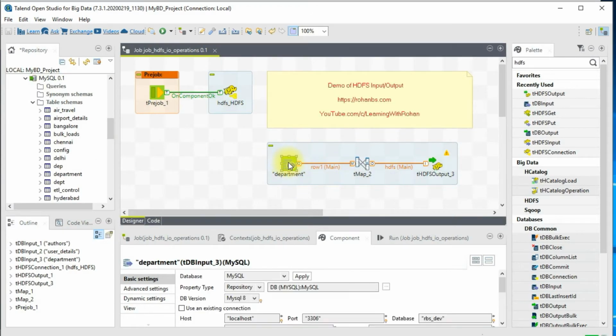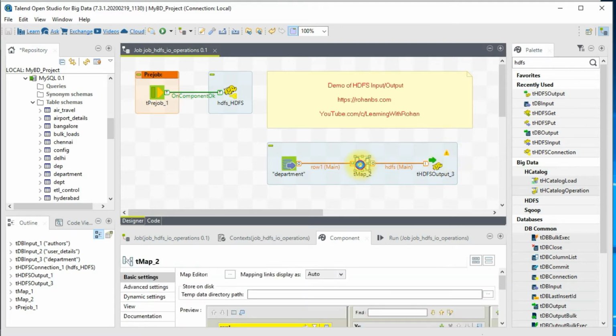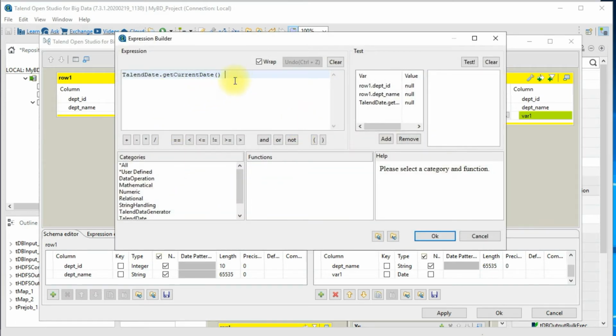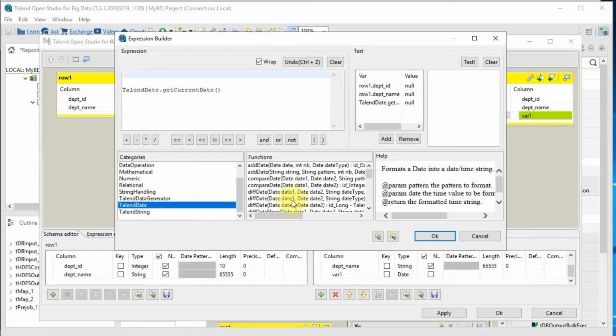We have this data coming from MySQL and then getting into the final target. As you see, there is a warning here. This is because of the date pattern. We remember we created this date. Let's look at it. We will have to actually give the pattern. You can specify a pattern here, or I would just format this date. You have other options, right? You can format the date and make it a string, just to do this activity quickly.